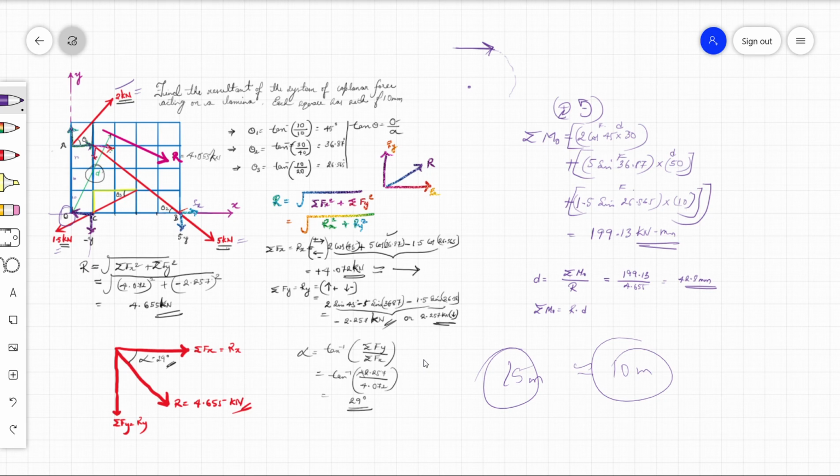Please solve the other numericals from S S Bhavikatti. Okay, that will be helpful for you, and it is essential for you to solve it, because the more you solve, the more mistakes you start to make, and the more mistakes you try to correct yourself, the more perfection you gain. Okay, this is the idea behind solving more numericals. Okay, then we'll wind up this.